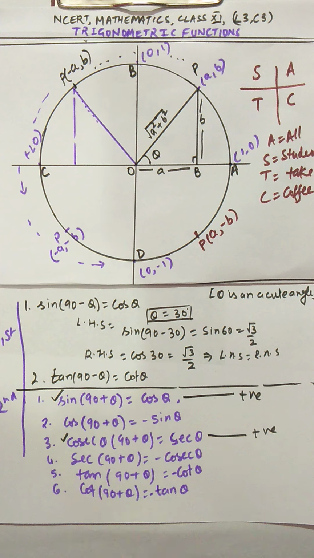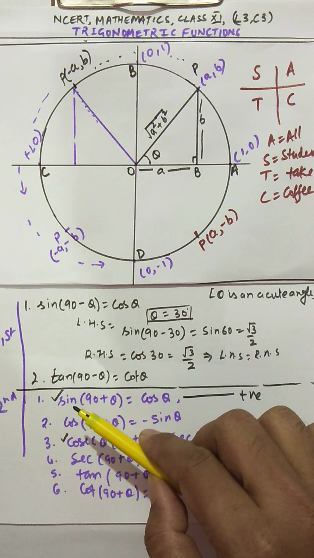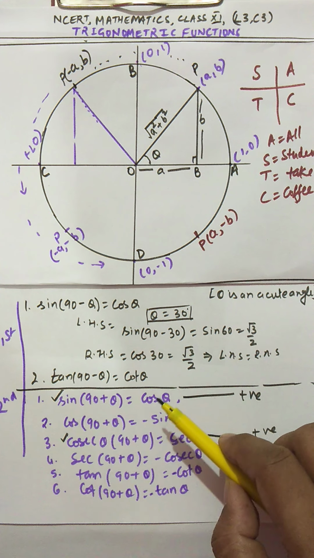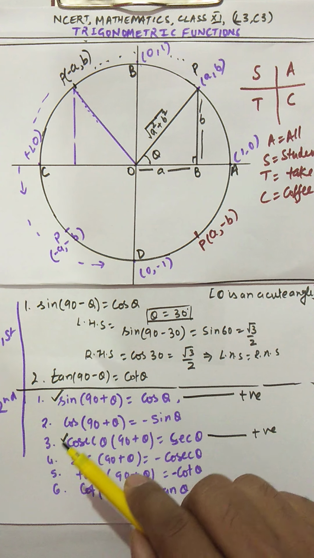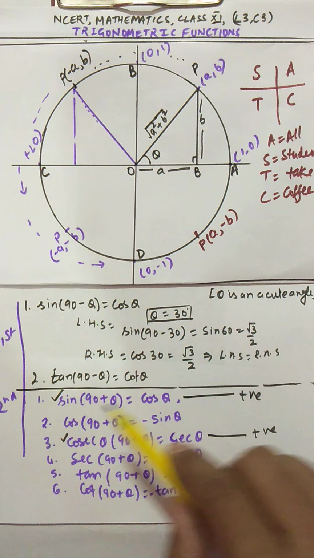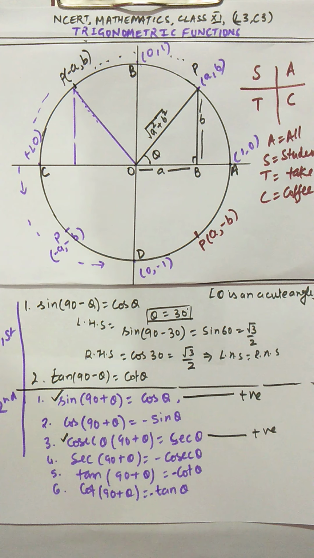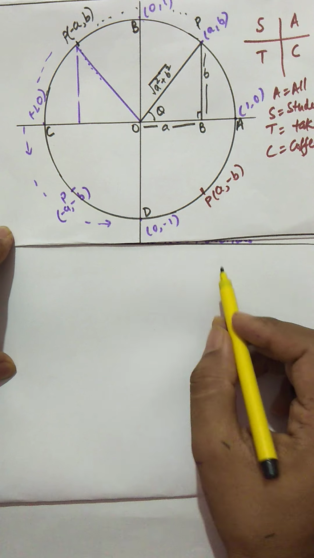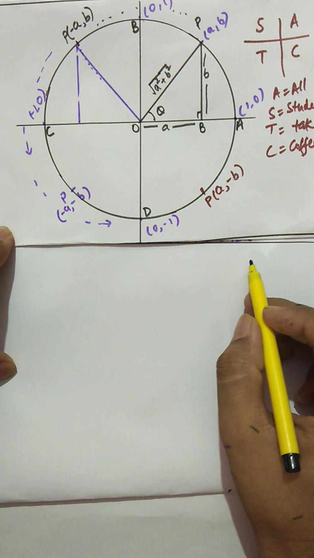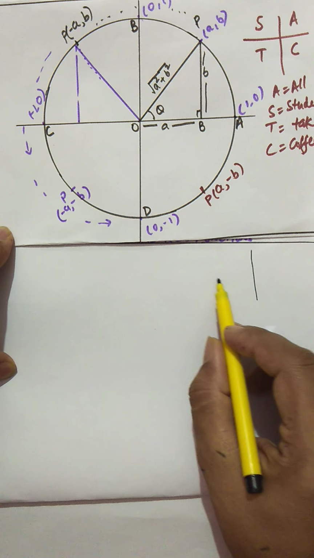And one more important thing: you see that sine 90 plus theta is changing, and it's becoming cos theta. When cos 90 plus theta, cos is changing and it's becoming sine theta. But it is not always. Now we see what happens in the third quadrant. We'll discuss the second quadrant itself, but now we are thinking about it in another way.